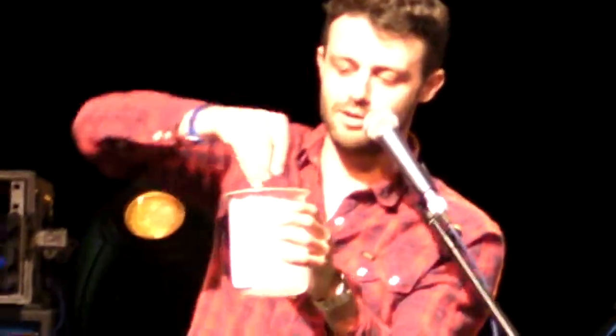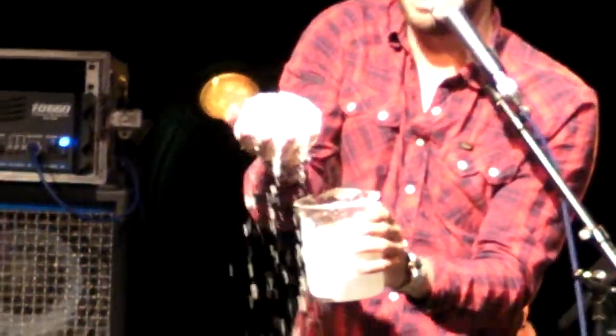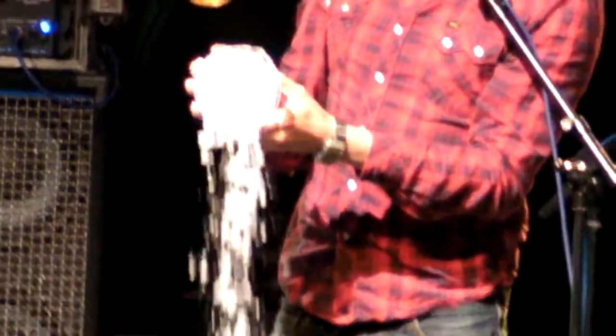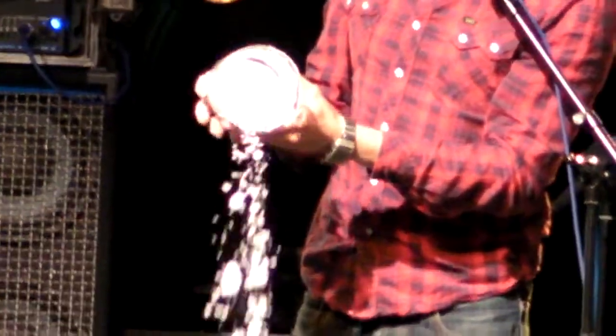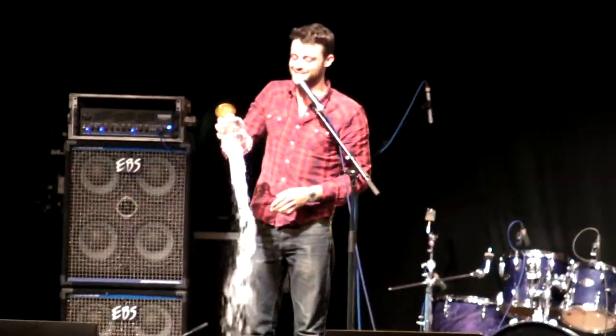Oh, it didn't mix. Oh, it didn't mix very well. It's all done. Hold on. What? Okay, I needed a bigger bin liner, but yeah, it was supposed to be like snow. I think I got the temperature of the water slightly wrong. But anyway, ladies and gentlemen,